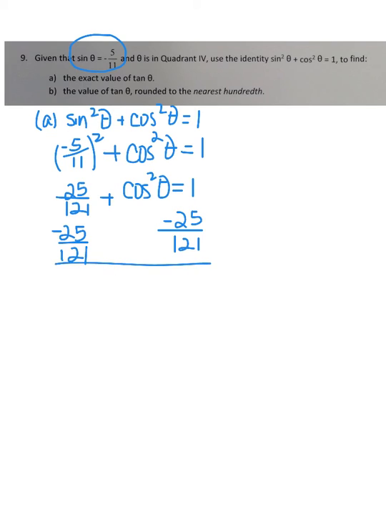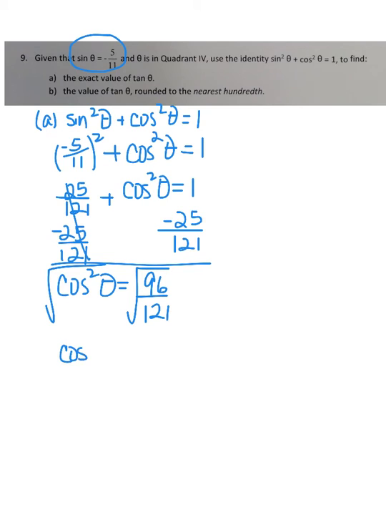I'm going to leave everything as a fraction. So I'm going to get the cosine squared theta equal to 96 over 121. Now I want to get the cosine by itself, and it's squared right now, so I'm going to square root both sides. So I have cosine theta equals